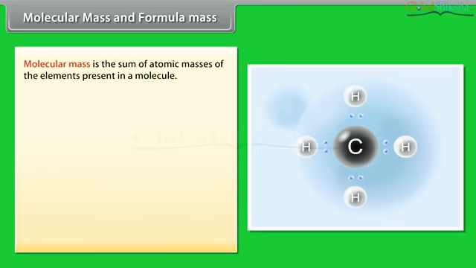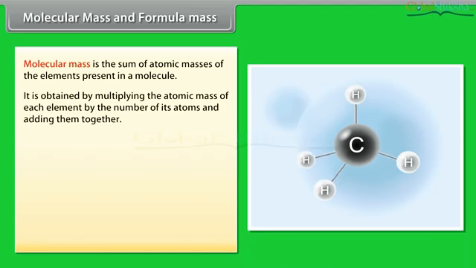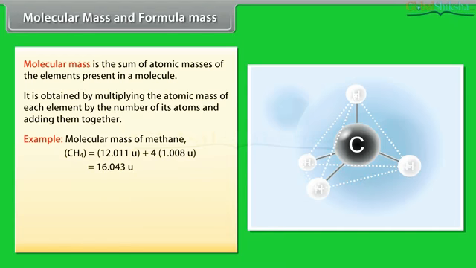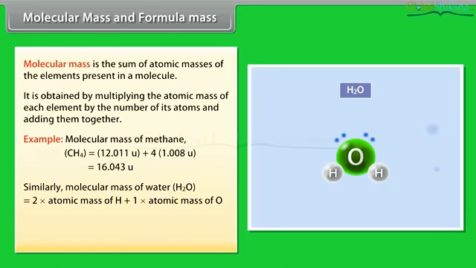Molecular mass is the sum of atomic masses of the elements present in a molecule. It is obtained by multiplying the atomic mass of each element by the number of its atoms and adding them together. Example: molecular mass of methane, CH4, is equal to 12.011 u plus 4 × 1.008 u, which is equal to 16.043 u. Similarly, molecular mass of water, H2O, is equal to 2 times the atomic mass of H plus 1 times the atomic mass of O,